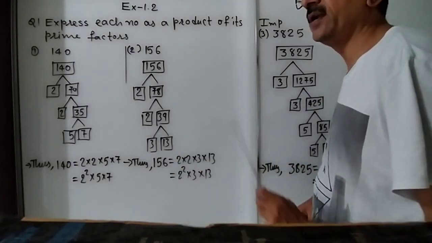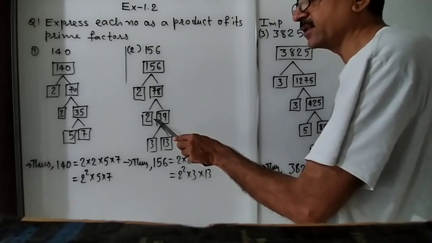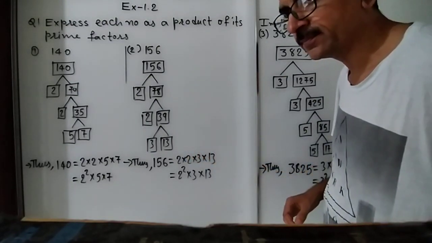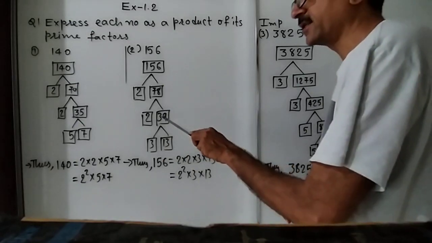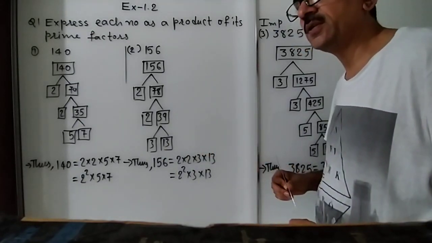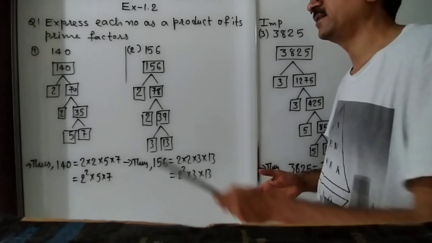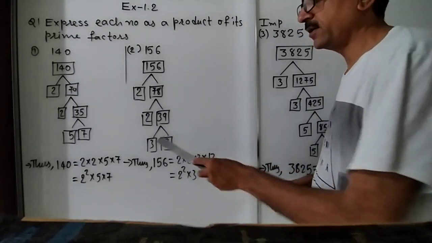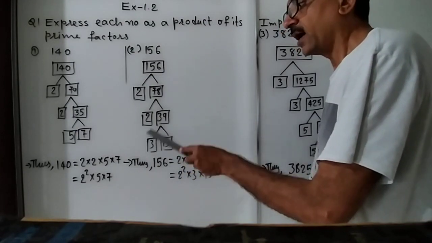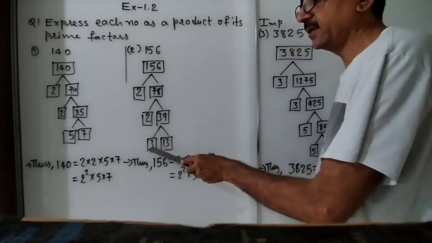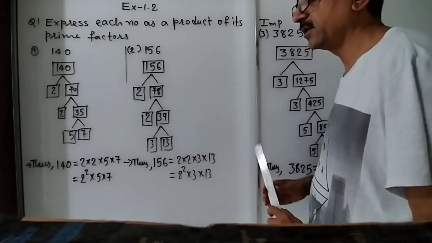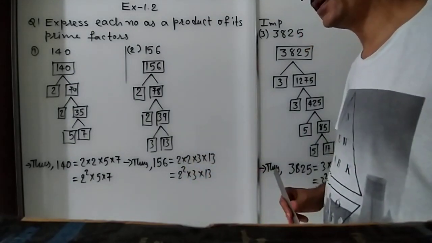Then we go to the next test. Take the sum of digits. 3 plus 9 is 12. Is 12 divisible by 3? Yes. And 39 is also divisible by 3. Did you understand? How many 3s are in 39? 3 13s are. Okay. Here both are prime. So our sum comes to an end over here.